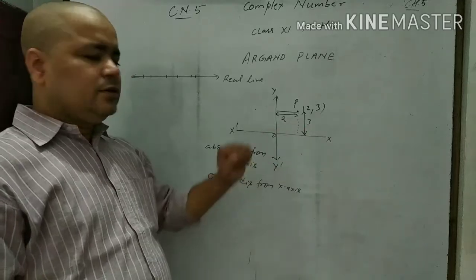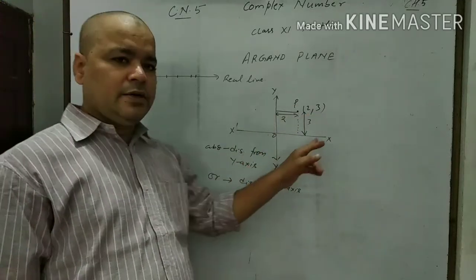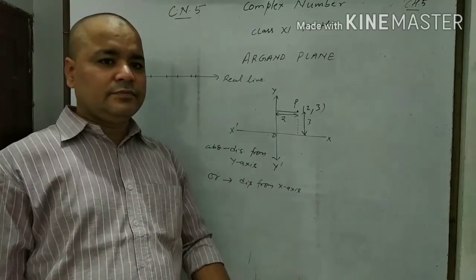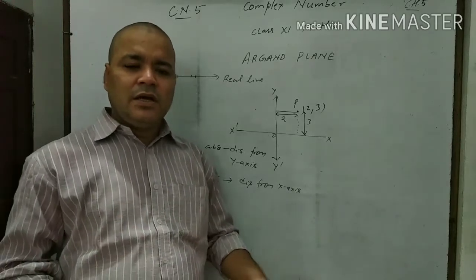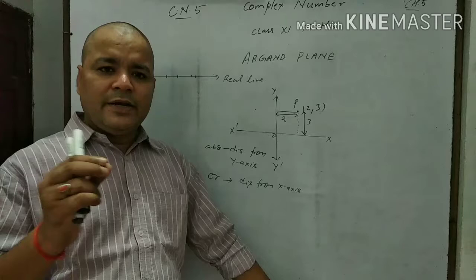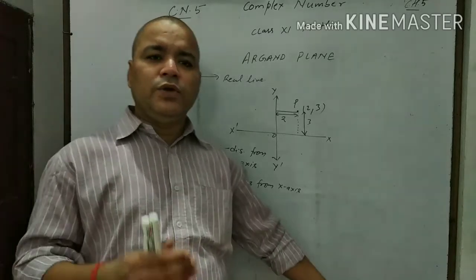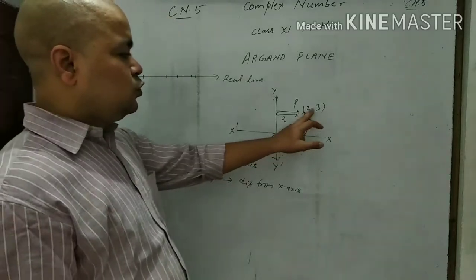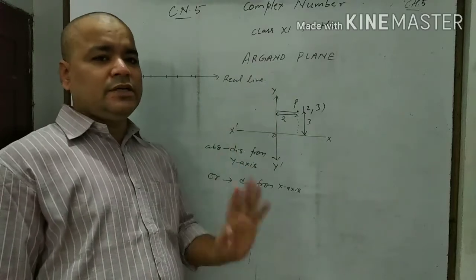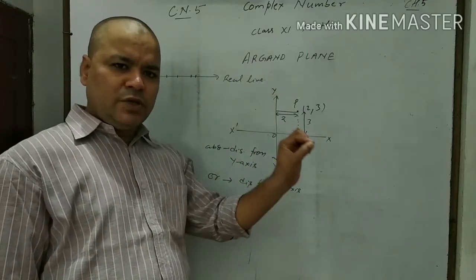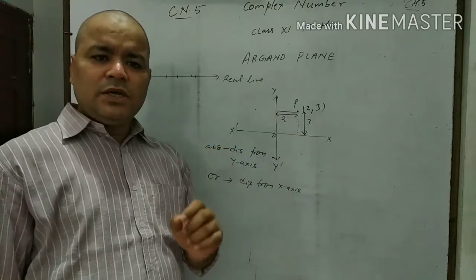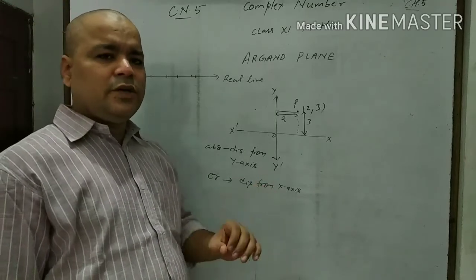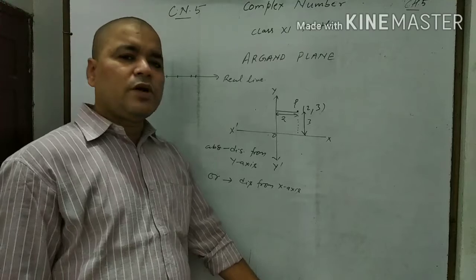Getting it? Similarly, for each ordered pair we have a single point in the coordinate plane, and the converse of this, for each point in the coordinate plane we have a unique ordered pair. Why am I saying ordered pair? Because (2, 3) and (3, 2) are different things. (2, 3) represents a unique point in the coordinate plane. Similarly, (3, 2) also represents a different unique point in the coordinate plane.